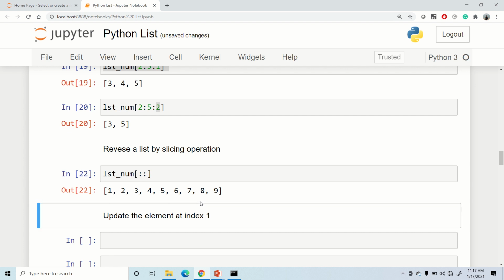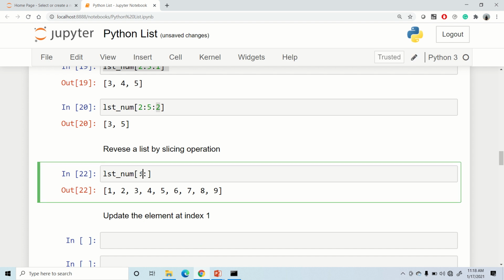You can see I am getting the elements from 1 to 9. So in case you are not specifying anything here, by default it takes the default value, right? But if I mention -1 here, then the jump is -1, so it will reverse everything. It will go here directly, because minus indicates things in reverse order. So it will go to 9 and start printing the things in reverse order. So this syntax would print everything in reverse order, and ultimately the list would be reversed.